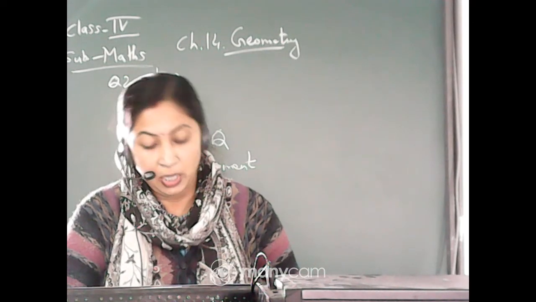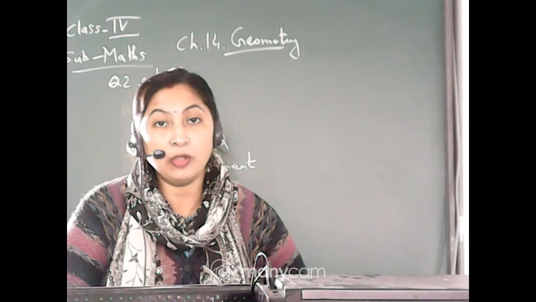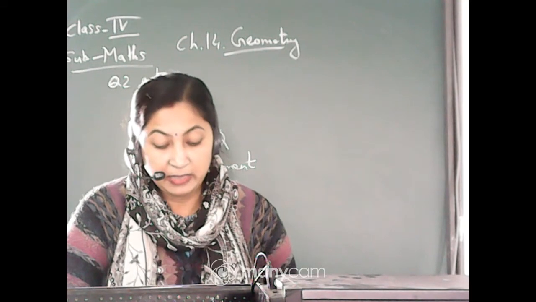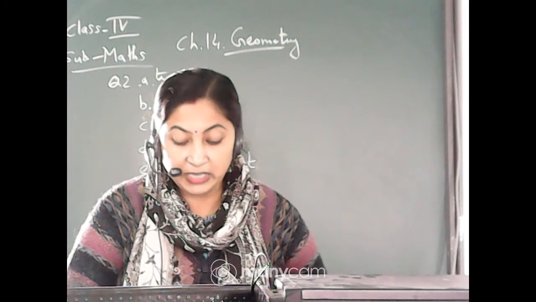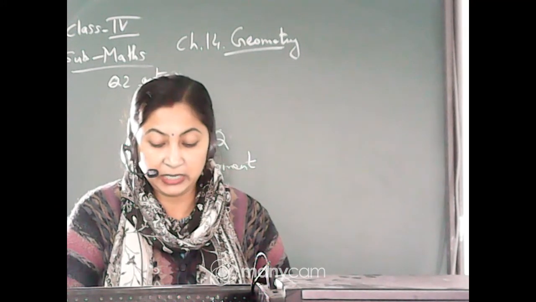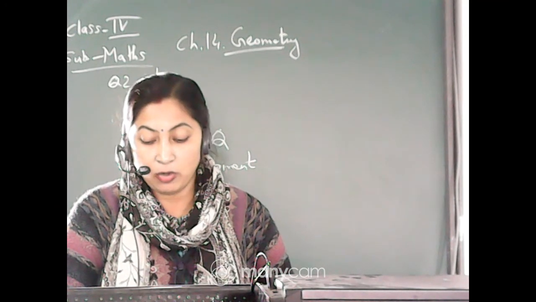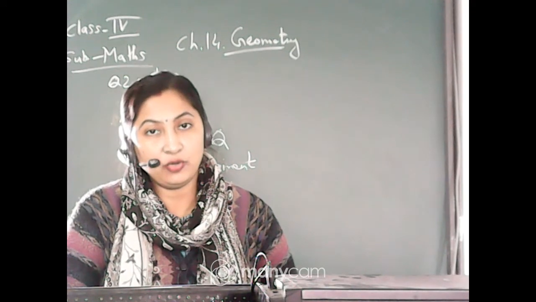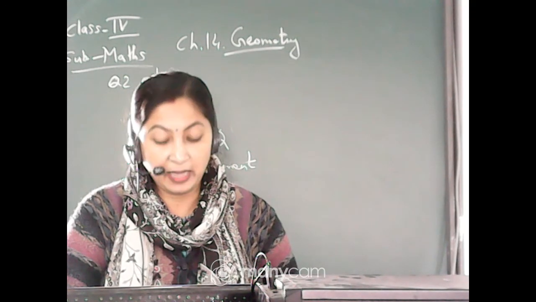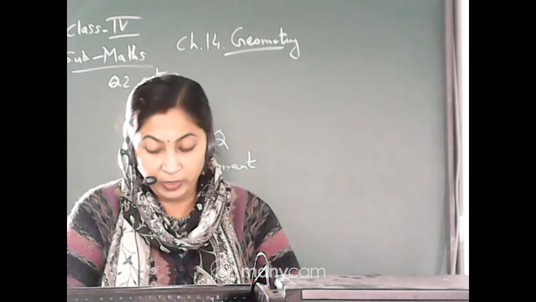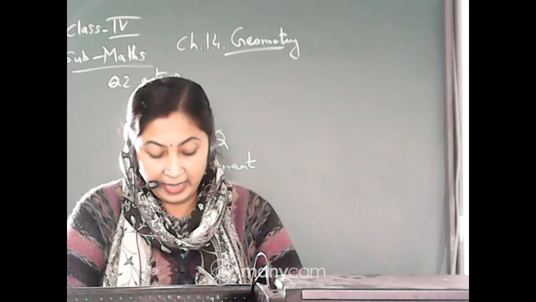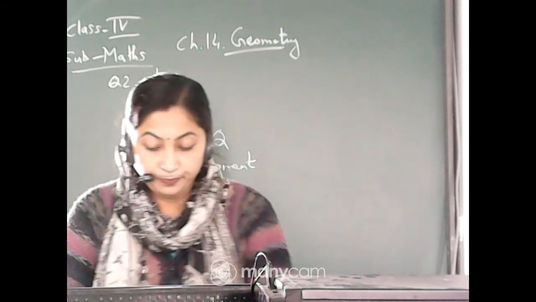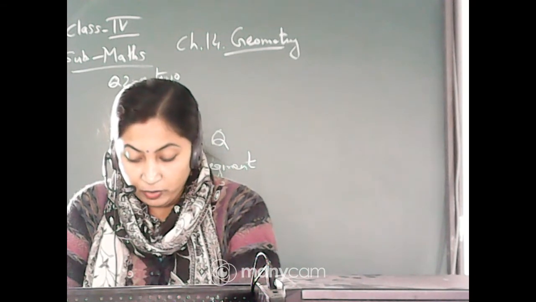Like this it is going on, and the figures are also shown in the book. The quadrilateral has 4 line segments, then pentagon has 5 line segments, hexagon 6, heptagon 7, octagon 8, and triangle 3 line segments. They are joined to one another, and you get this type of figure. After that it is briefly discussed about triangle, quadrilateral, and then diagonals.